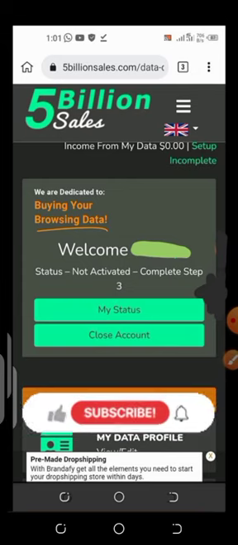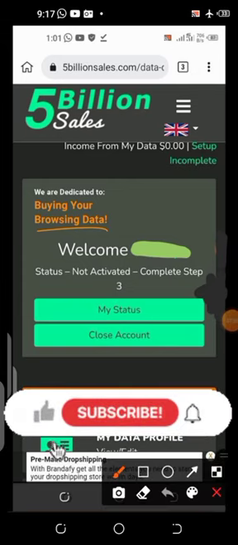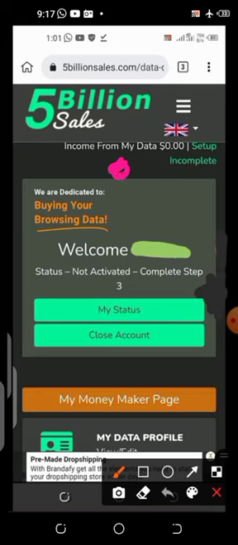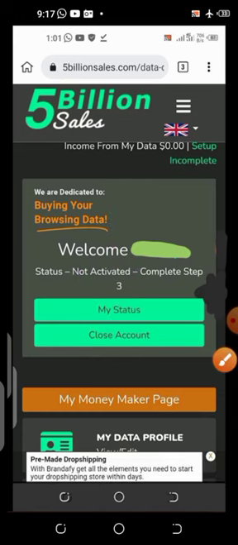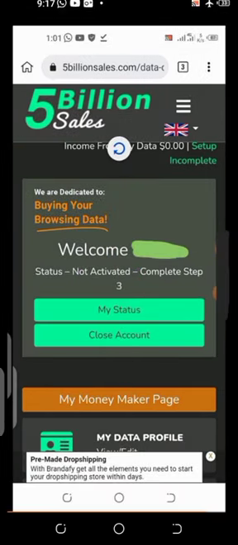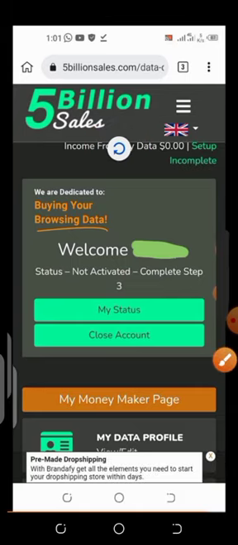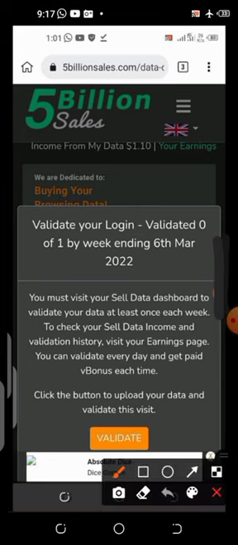So in this section now, you have to refresh this page. If you don't know how to refresh, just hold your hand at the top here, press and hold, then drag your hand down and release it. It's going to refresh. As you are dragging your hand down, you are going to see this icon. Then remove your hand. It's going to refresh, and